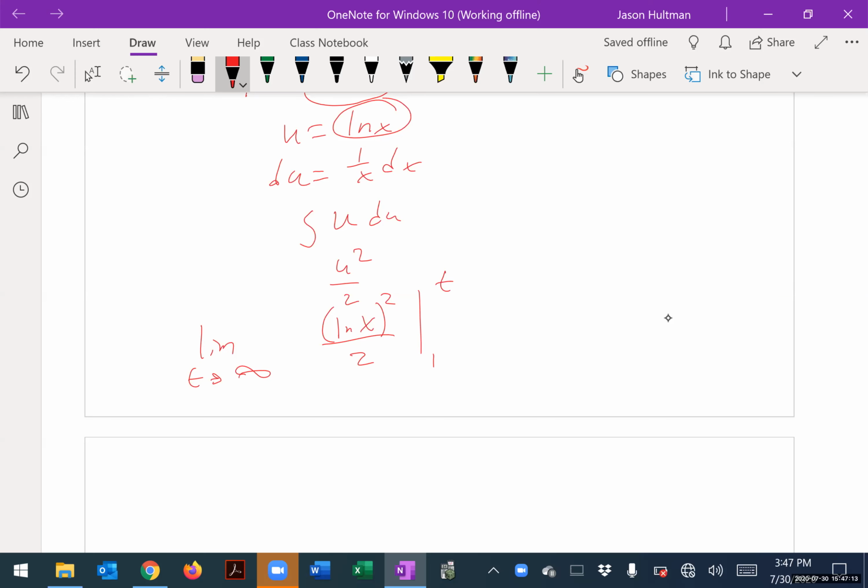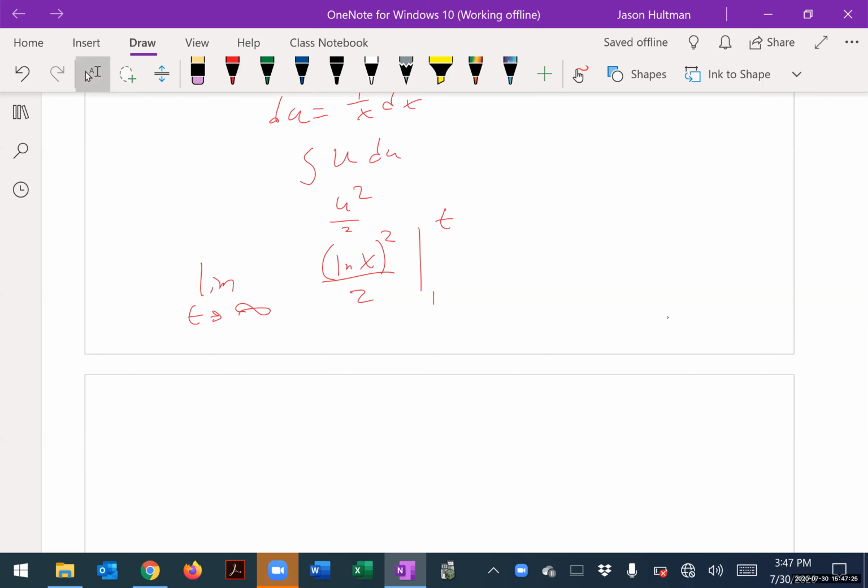So I would have put the limits of integration as 1 to infinity, but we really can't do that. We have to use that dummy variable t to plug in so we can actually take a limit of this thing. So what does this thing become? Well, this becomes the limit as t goes to infinity